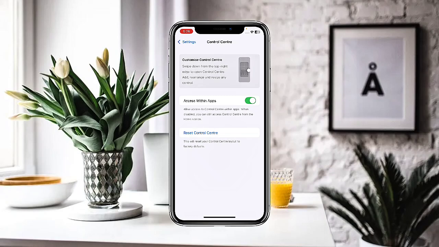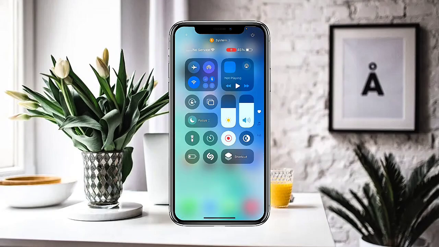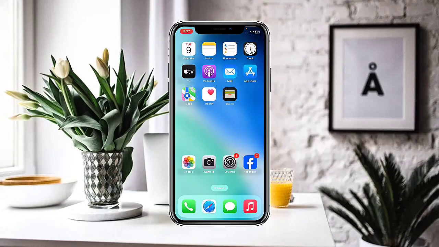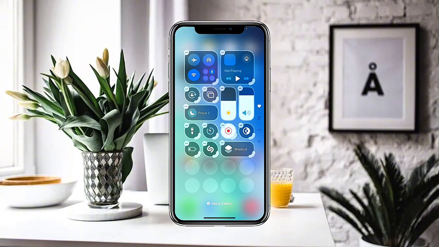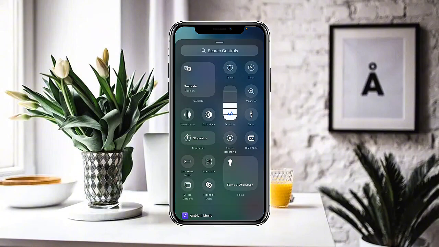Then you have to set all the defaults or settings of the Control Center. Now, if you want to set it, then you have to simply press and hold the Control Center, and after that, you can see the option is available that you can add or remove any option from the Control Center. But if you want to fix that